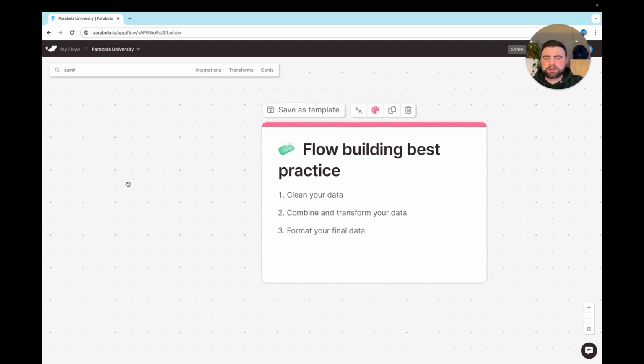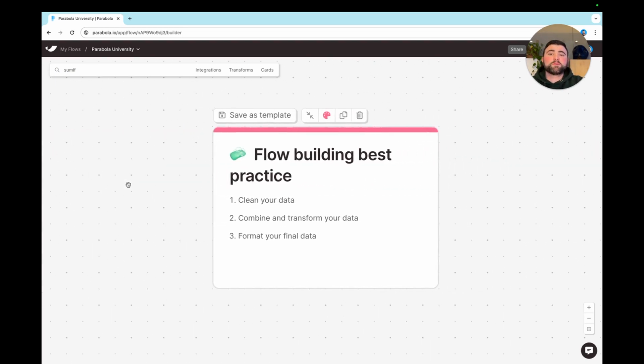Now, thinking about some best practices here. Whenever you're building a flow, I would encourage you to get started by making your data as clean as possible, because that'll make it a whole lot easier to do all of your data transformation steps later in the flow. I would think about things like removing unnecessary columns, deduping your data set, making the names of your columns really nice and clear